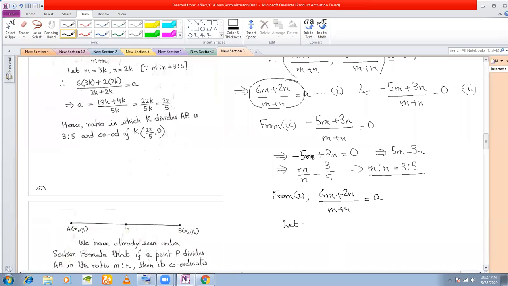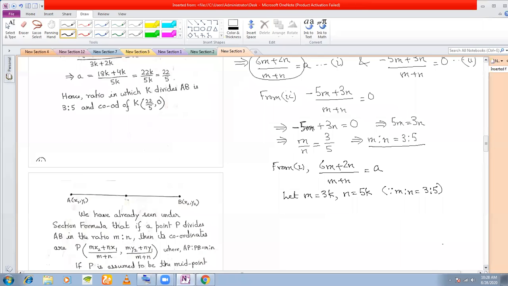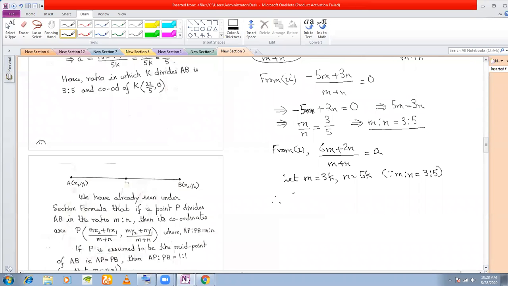So let m is equal to 3k and n is equal to 5k, because m is to n we know is 3 is to 5. Therefore we put the values, m is 3k, n is 5k, by 3k plus 5k